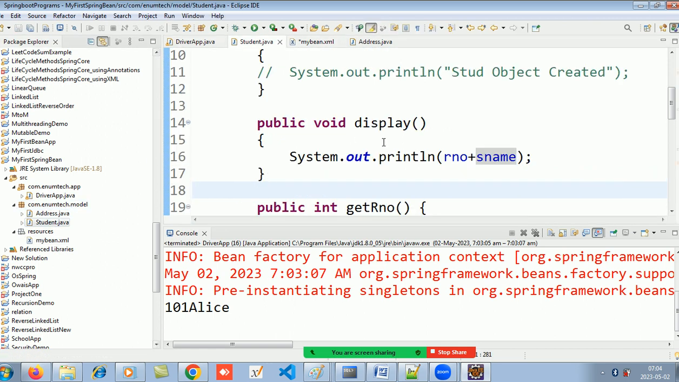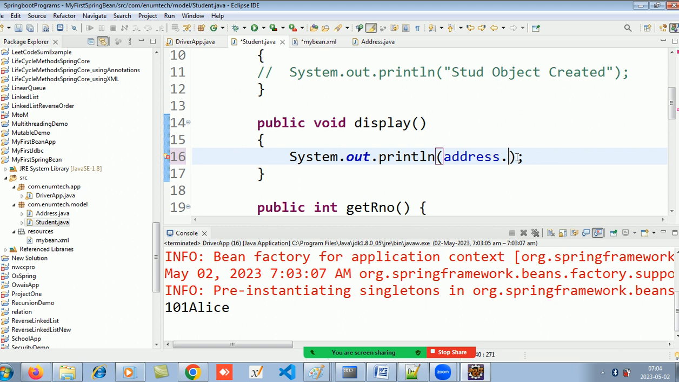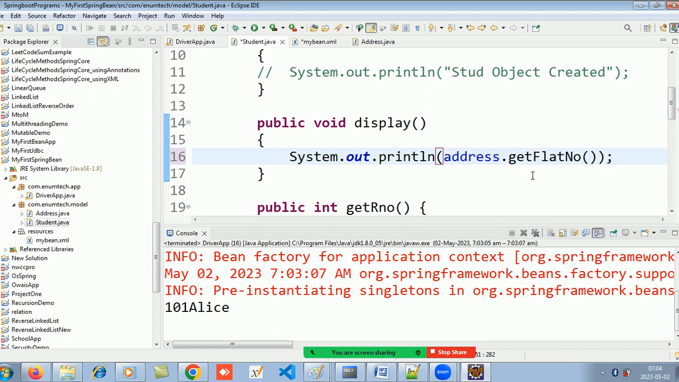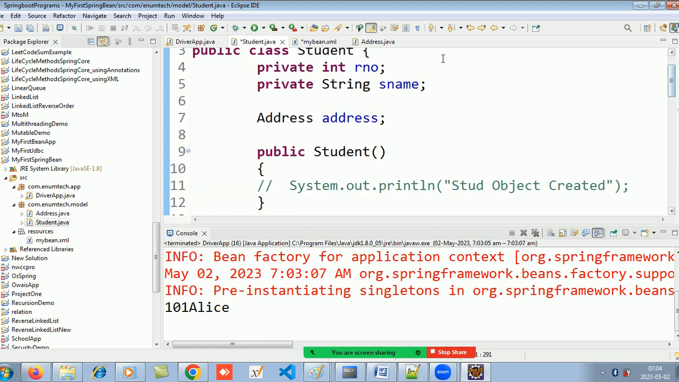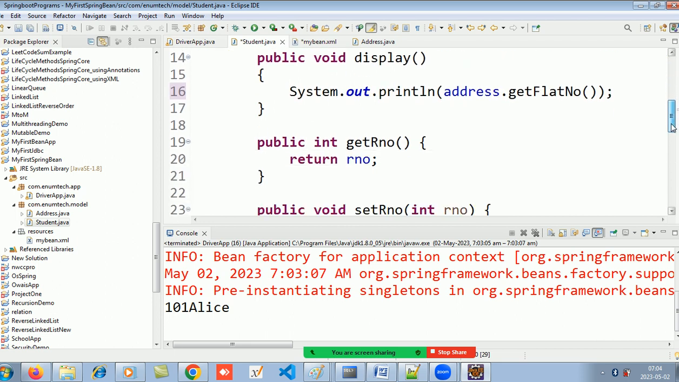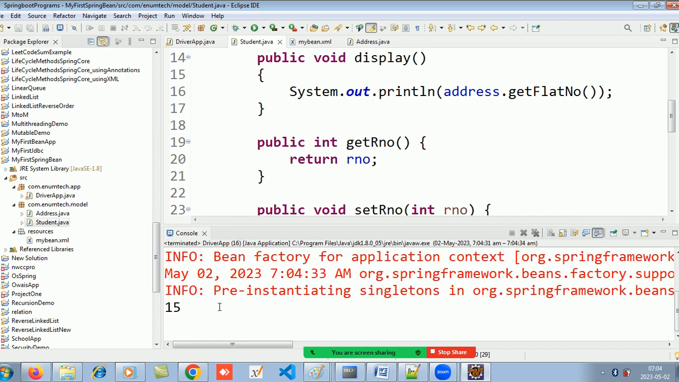अभी जब मैं इधर स्टूडेंट क्लास में गया, तो ये मैं क्या करूँगा, एड्रेस डॉट गेट सोसाइटी में फ्लैट नंबर, जो भी, क्योंकि मेरे ये तो सब नल आएंगे ना, इनको तो मैंने इनिशियलाइज किया ही नहीं। ठीक है, तो सिर्फ उतना आ रहा है।